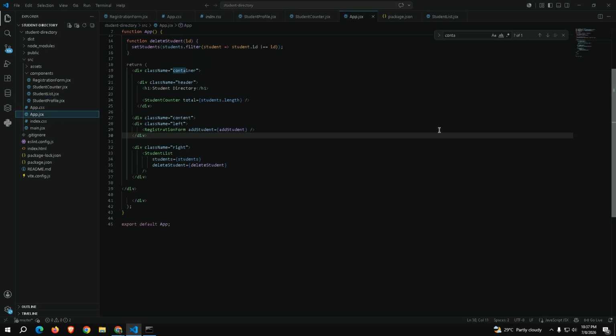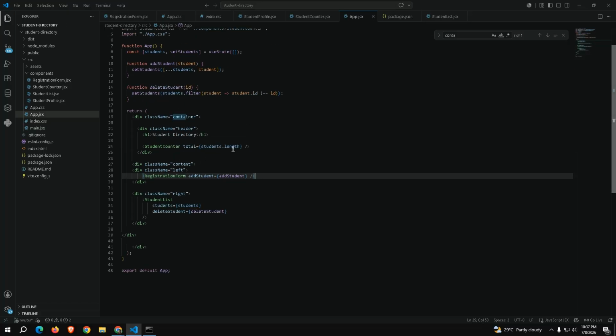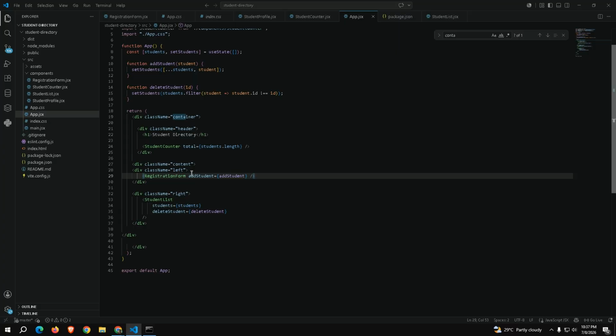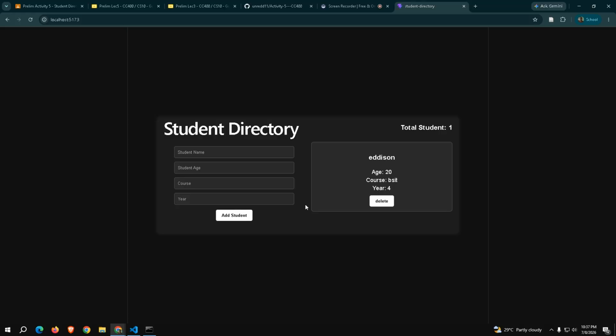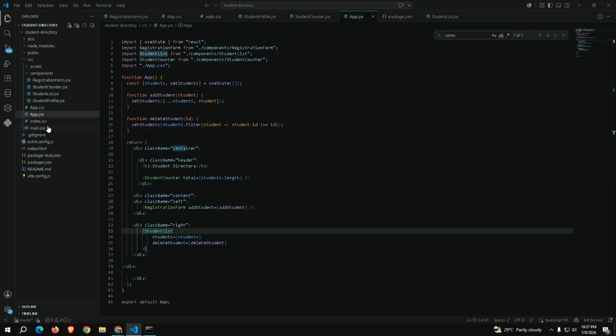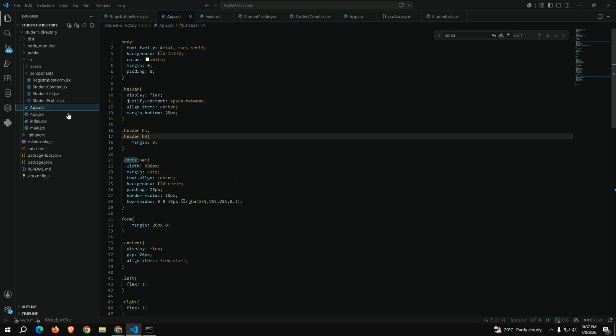So let's proceed here. I'm choosing div since I wanted the student directory contents to be on the left side, and the right side is the student list, or the information inputted by the user, the output.